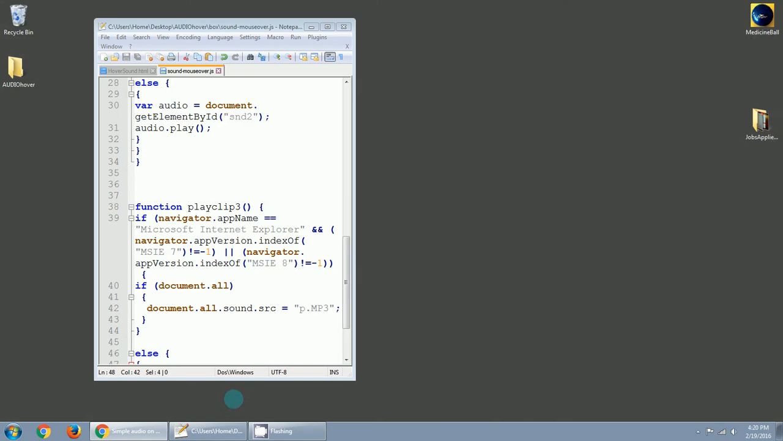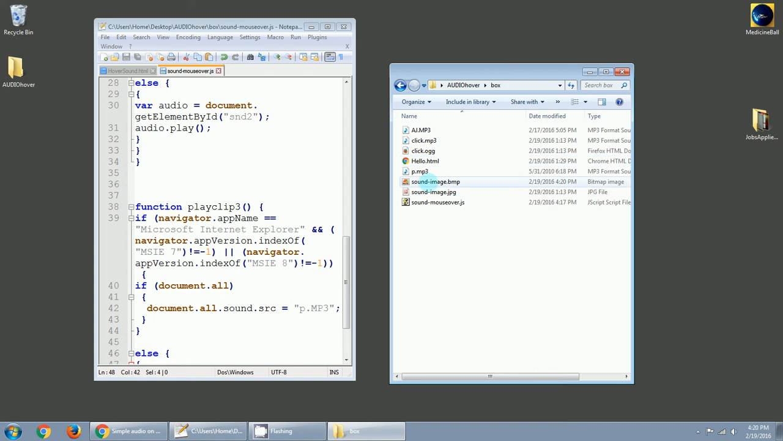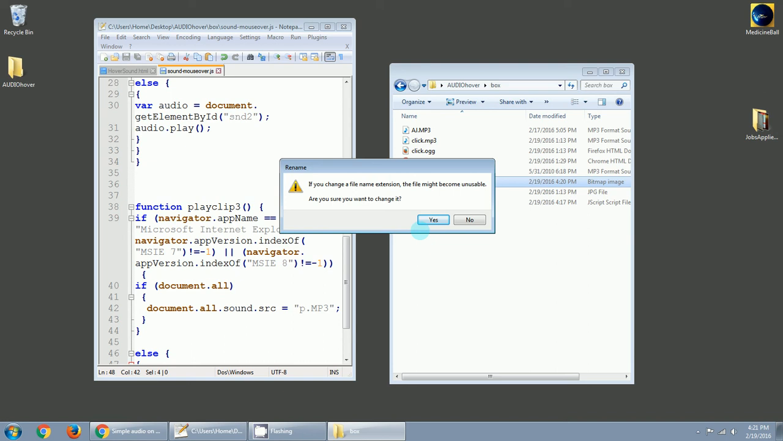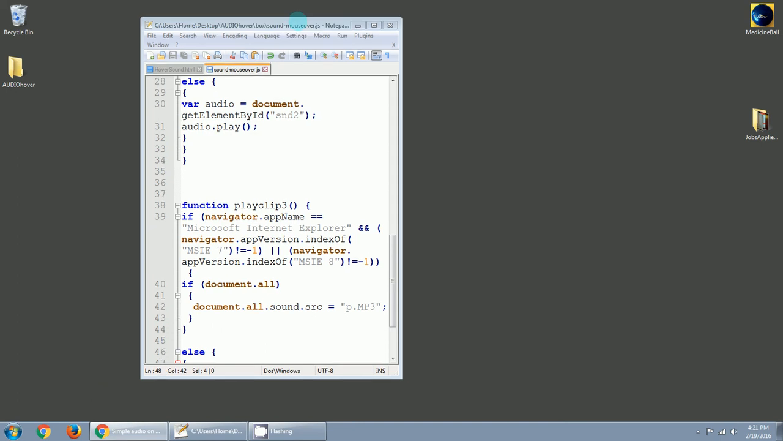Save. I'm going to go in this box. And right here, my soundimage.bitmap, I'm going to right click it and hit rename. And all I'm going to do is take the BMP off. So right after the dot, I'm going to change BMP to ICO. If you change a file name extension, the file might become unusable. Are you sure you want to change it? Yes, I do. And you see immediately that this becomes a picture of the flower that it represents. So now I have that little flower in there, and instead of it being a JPEG, it's an ICO